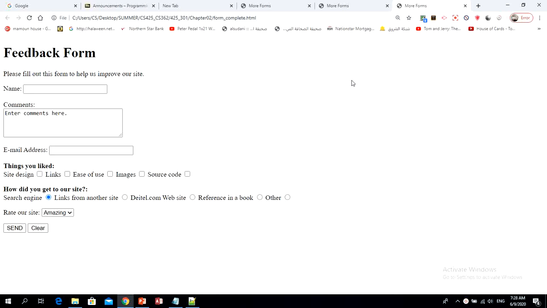This is going to be a short video just to explain the form design, how to create a form using HTML. What you see on the screen here is an example of a basic form, a simple one, where you'll see it has an input box to enter the name, and here is a comment box. Then there is an input box for the email address, and there are some options for checkboxes where